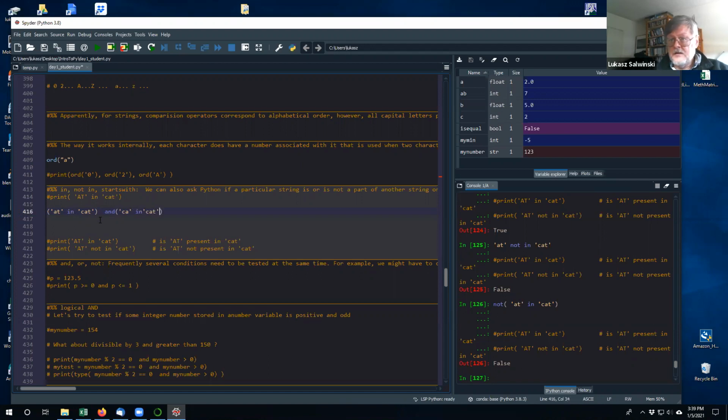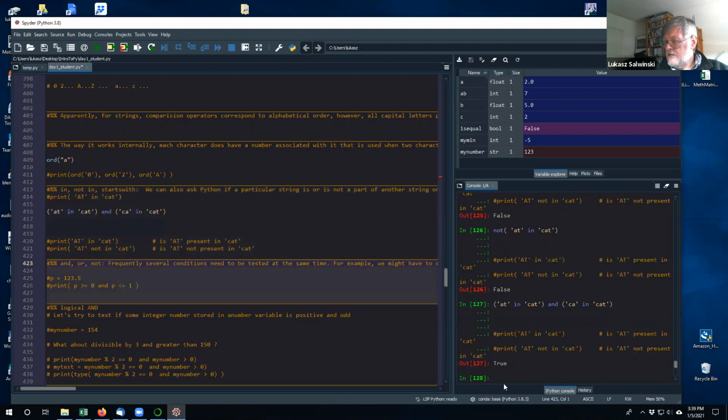So we can combine logical comparisons using logical operations. So we can check if both AT and CA are present in a cat. Yes, it's true. Obviously,